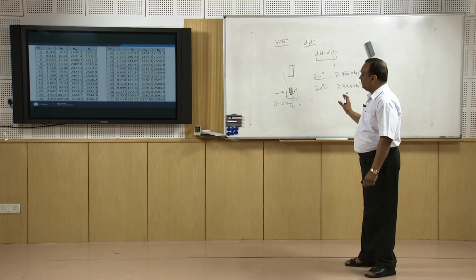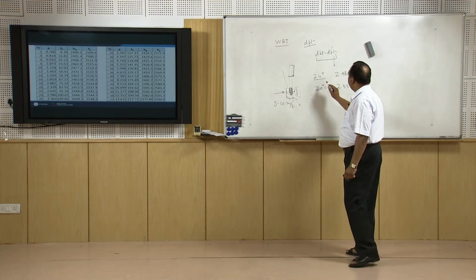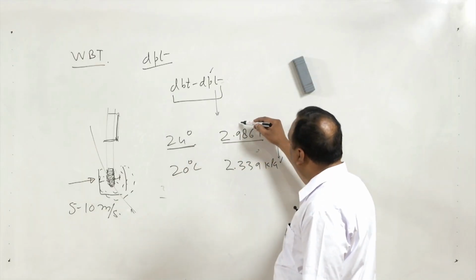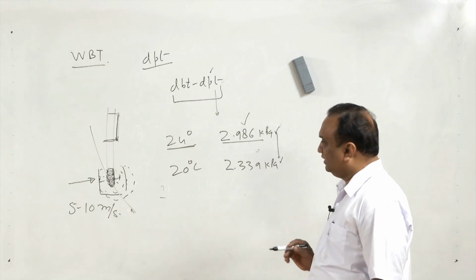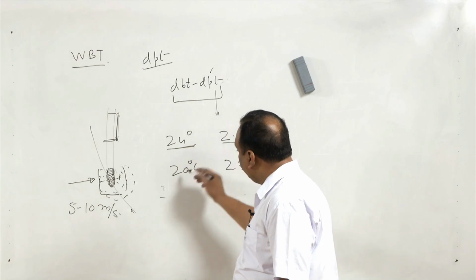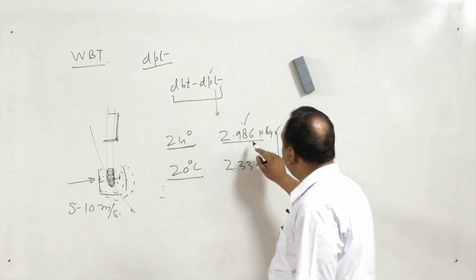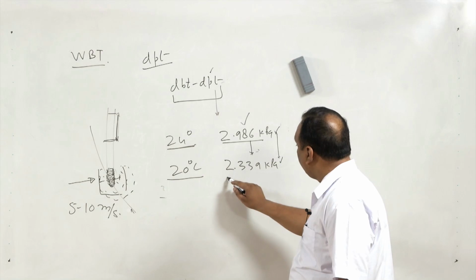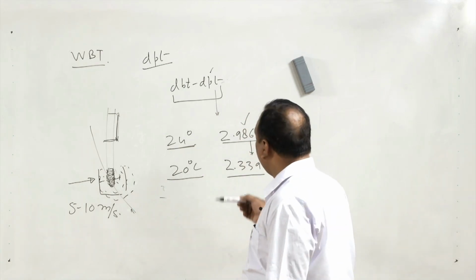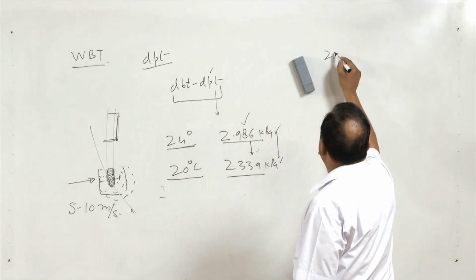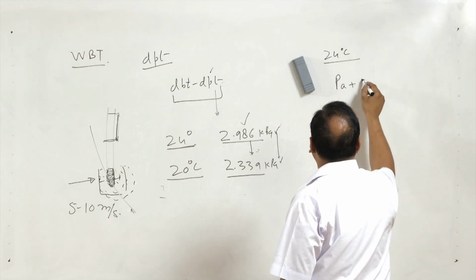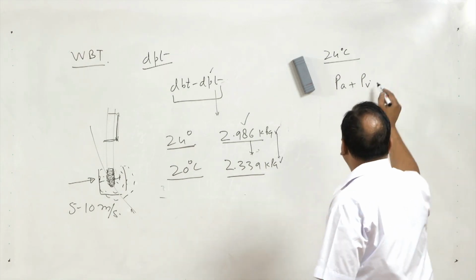So, water vapor is also getting condensed. I am repeating. Suppose I have air at 24 degree centigrade. The partial pressure of the water vapor in the air is 2.986 kilopascal. I have noted from there. Now, the temperature of this air is reduced to 20 degree centigrade, the partial pressure or saturation pressure of the water vapor will also reduce to 2.339 kilopascal. So, at this 24 degree centigrade, the air is a mixture of partial pressure of air plus partial pressure of water vapor. That is the total pressure,